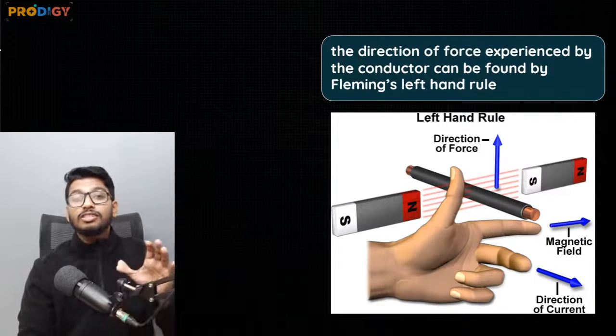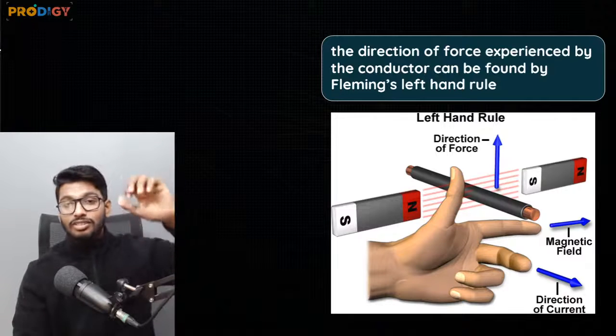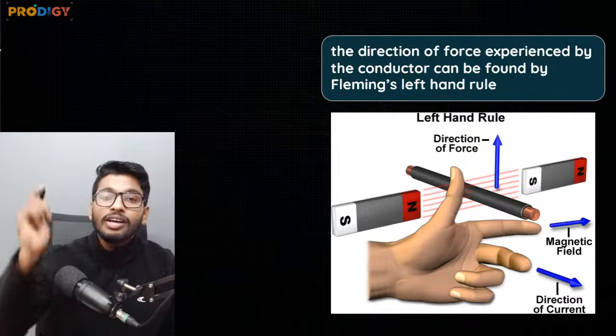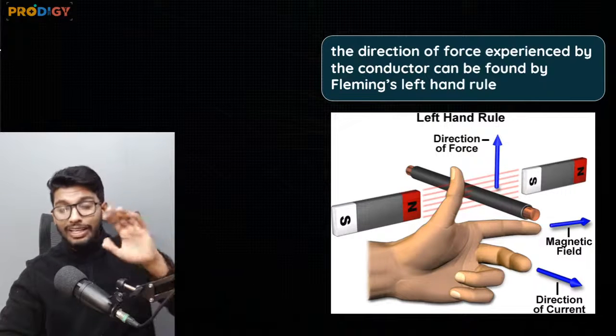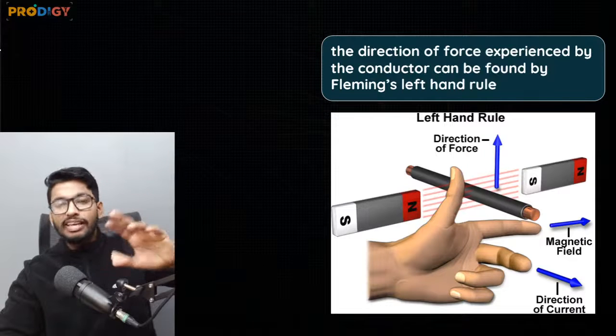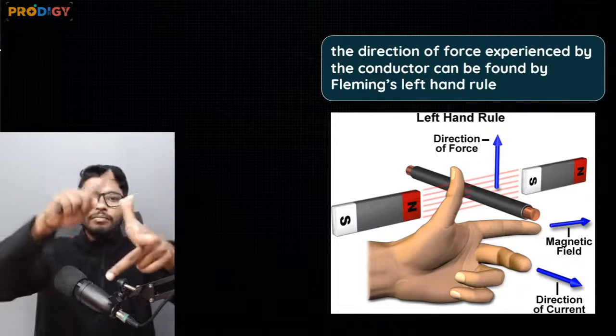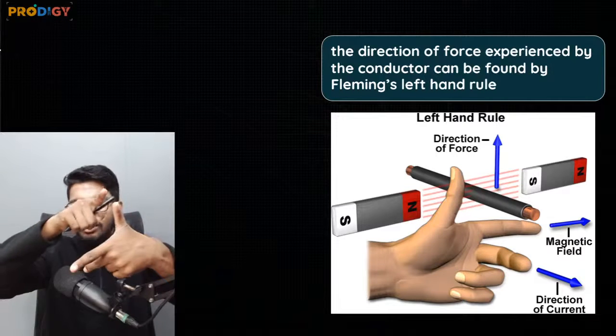This is the second hand rule that we're going to be doing. First is Maxwell's right hand thumb rule. Second one is Fleming's left hand rule. Very important, please do remember this. According to Fleming's left hand rule, if you extend your thumb, index finger and middle finger in such a way that they're all perpendicular to each other,